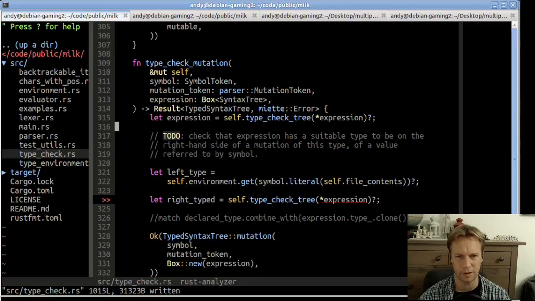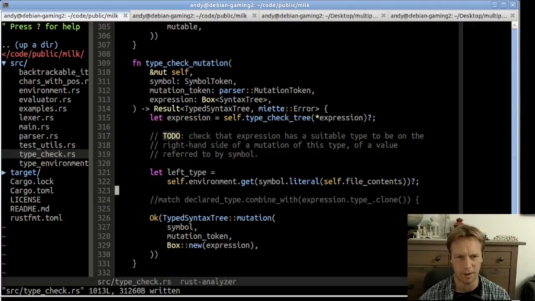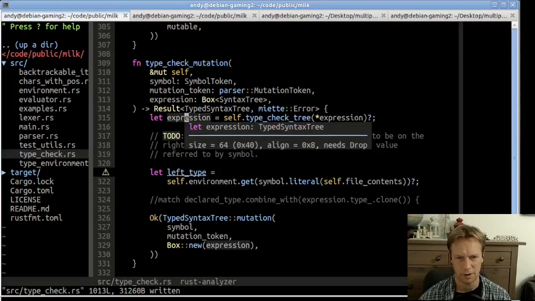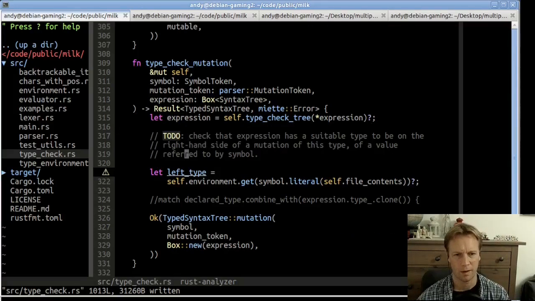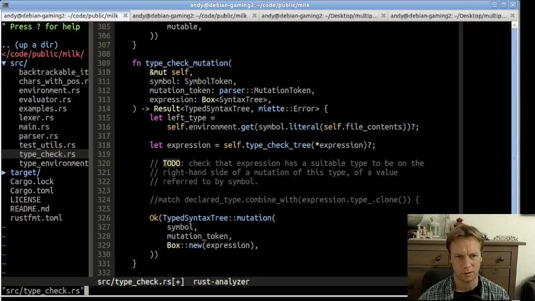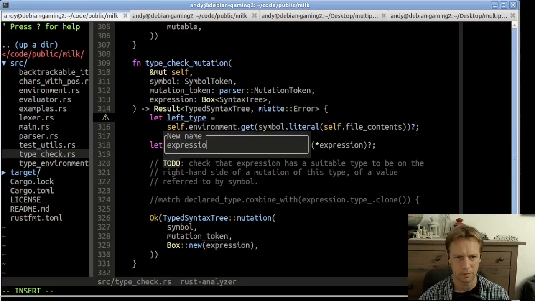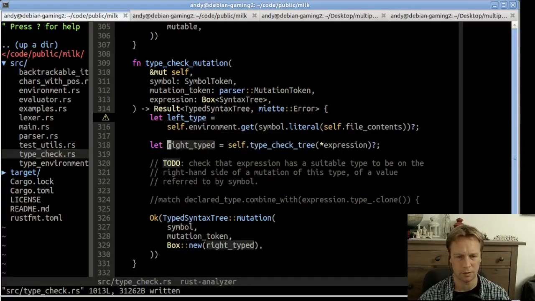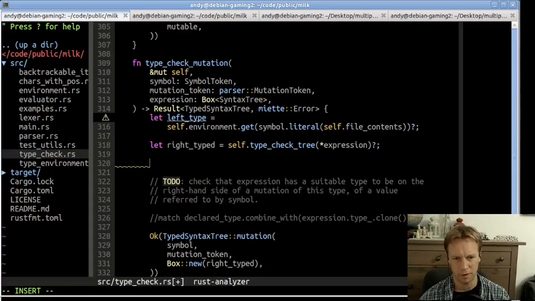Oh, we've already done this. Right, so expression has been replaced by an expression, which is itself a typed syntax tree. I guess we can do the left type before the right type, because that was the way it felt natural for me to do. So I guess we could call this right typed to match what we did in the operation thing. So now we've got a type and a typed syntax tree, which has itself a type. So I guess we can say the final type or something,